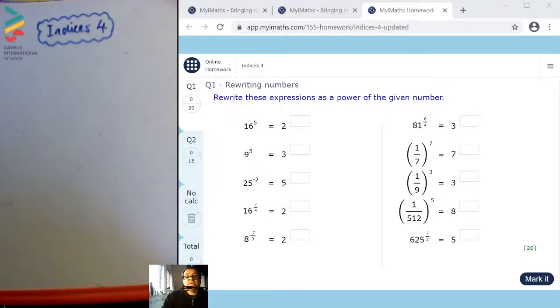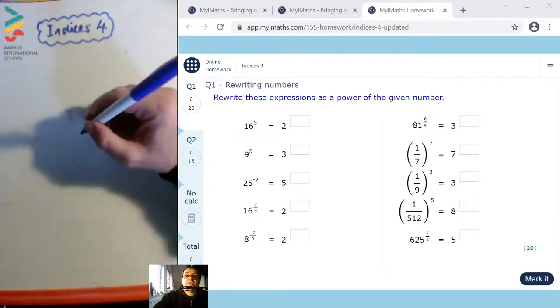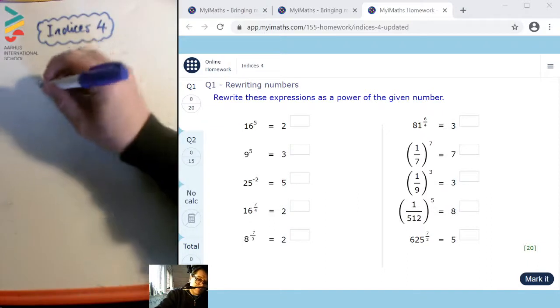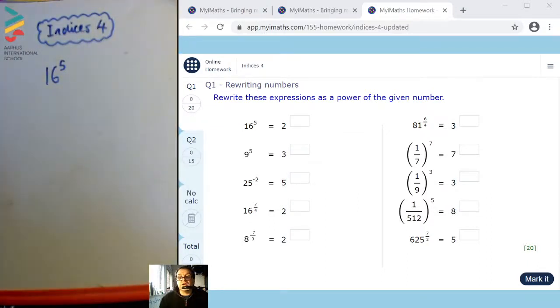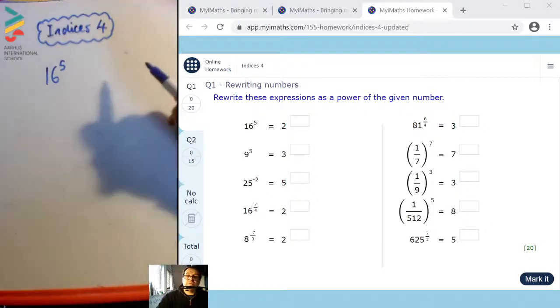Okay, I'm doing the Indices 4 exercise from MyiMaths. It says rewriting numbers. Rewrite these expressions as a power of the given number. Okay, so we've got 16 to the power of 5, and we want it to be written as 2 to